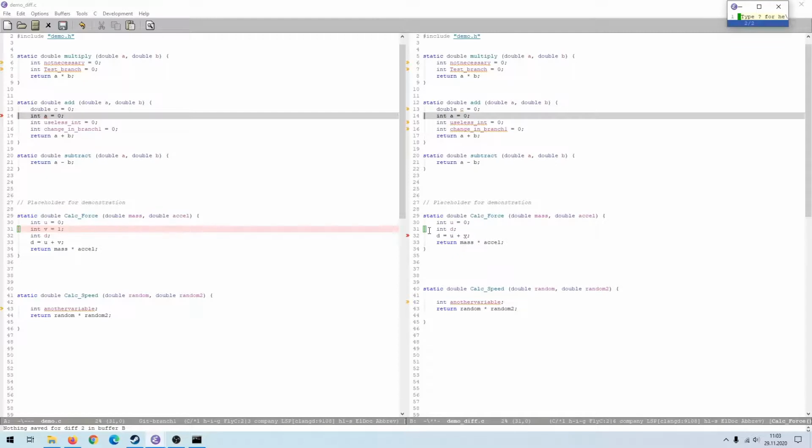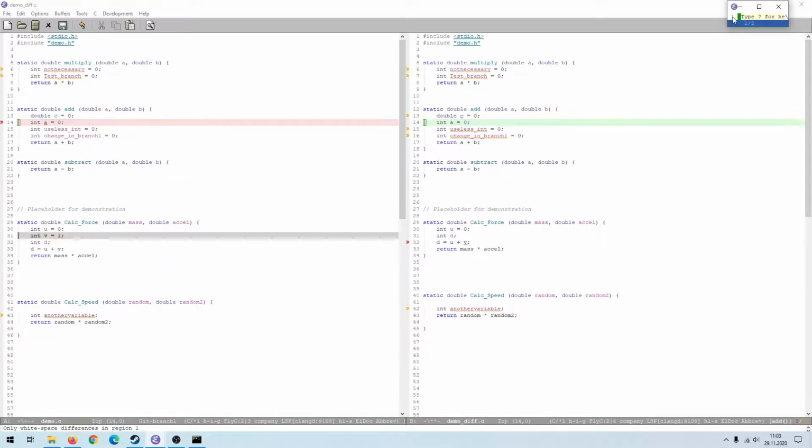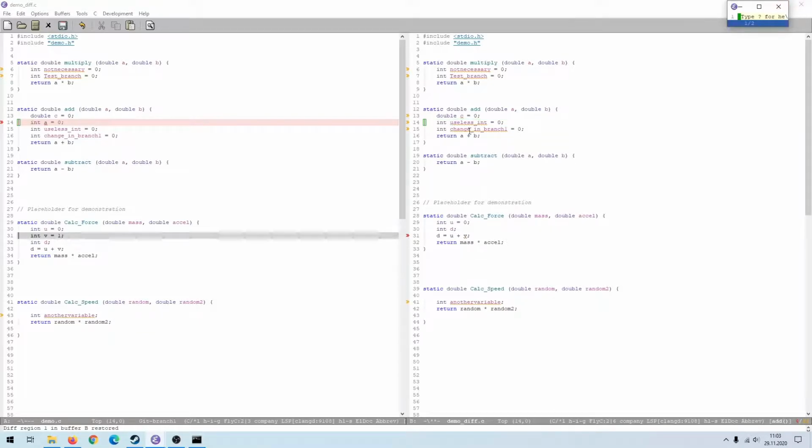So if I hit RB again, it's just this diff, so it's tied to this diff. The restoration is always tied to the diff. So if I jump back here again and I hit RB, now it changed the int A back. So restoration is always tied to the diff that you have selected, and you can move around diffs any way